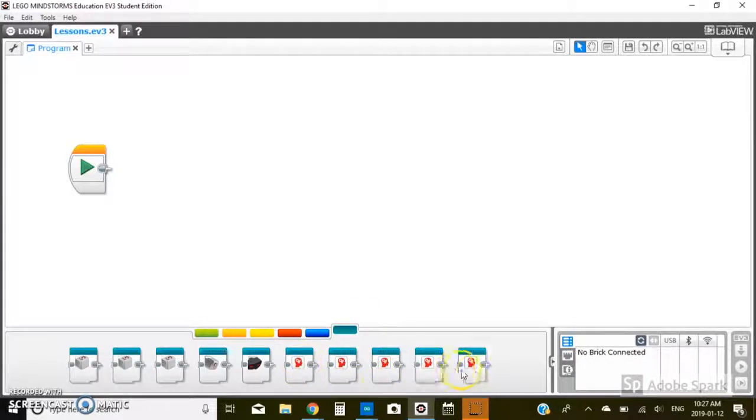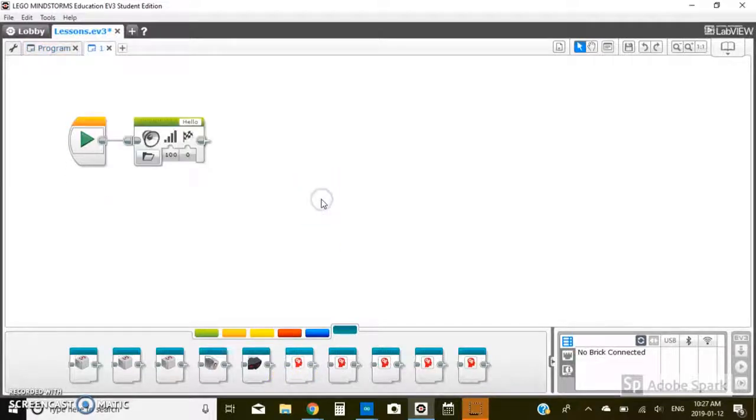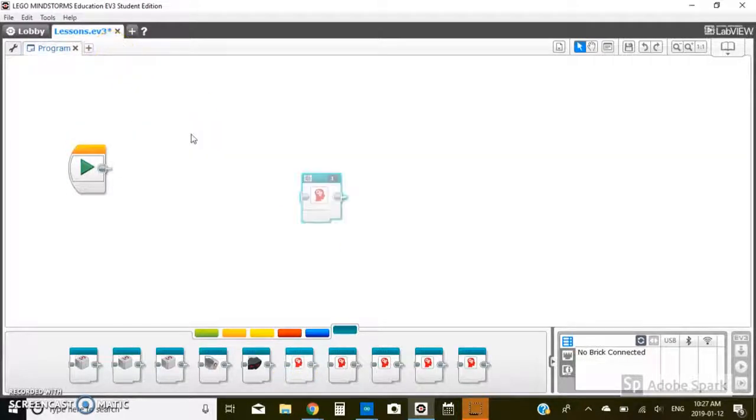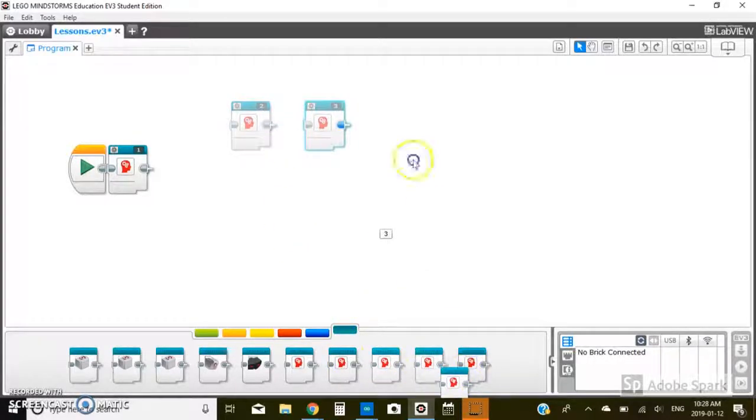So as you can see, here are my 5 programs. Inside each of them is just a simple sound block, and they're just going to play in sequence. Of course, for your actual FLL robot, you would have each of your programs in here. I just have 5 here for the sake of this video. And then you just grab out these in sequence,